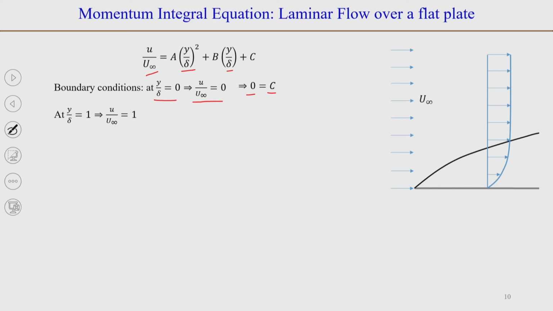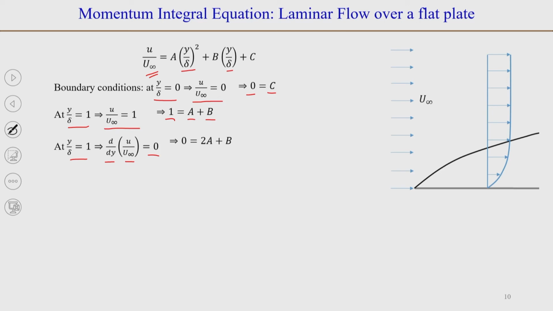Now, the next boundary condition, at y by delta is equal to 1, which is at the boundary layer interface, u by u infinity is equal to 1. So, we can write u by u infinity is equal to 1 at y by delta is equal to 1. So, that gives us a plus b is equal to 1. The next is at y by delta is equal to 1, the differential of u by u infinity is equal to 0. So, we can differentiate this with respect to y, and that will give us